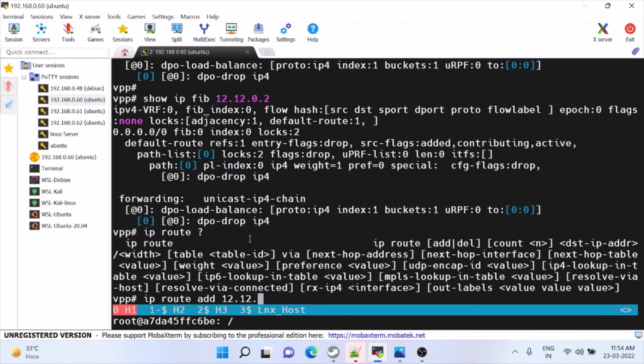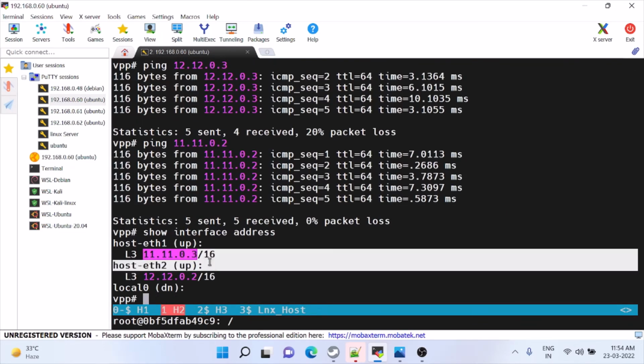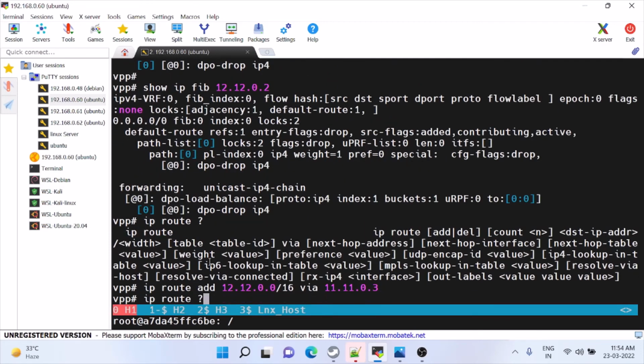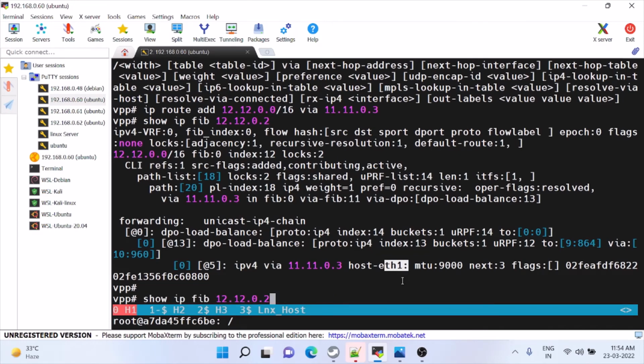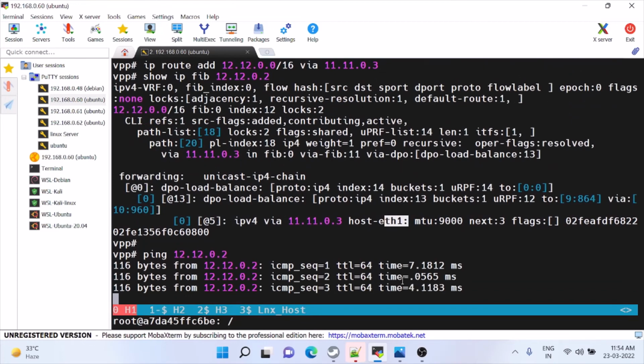Add 12.12.0.0/16 via the next node, the reachable next hop, that is 11.11.0.3. We have added this. So now see, it says it has to send to host-eth1. Now we'll check whether it is working. So it's working,